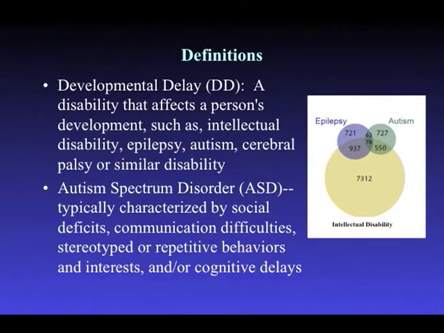So developmental delay is considered, as all of us would appreciate, a very umbrella term, which essentially means that kids aren't meeting milestones in a whole number of different areas. But probably the most noticeable within a clinical realm is intellectual disability, with respect to milestones for speech and others. It also includes things like epilepsy, autism, cerebral palsy, and other disabilities.